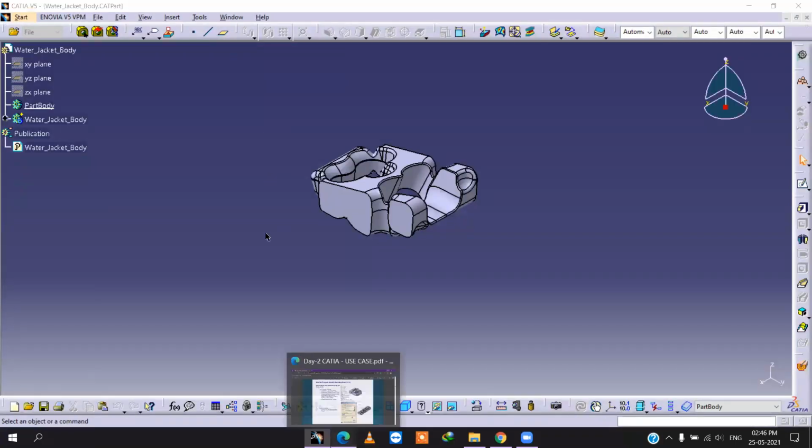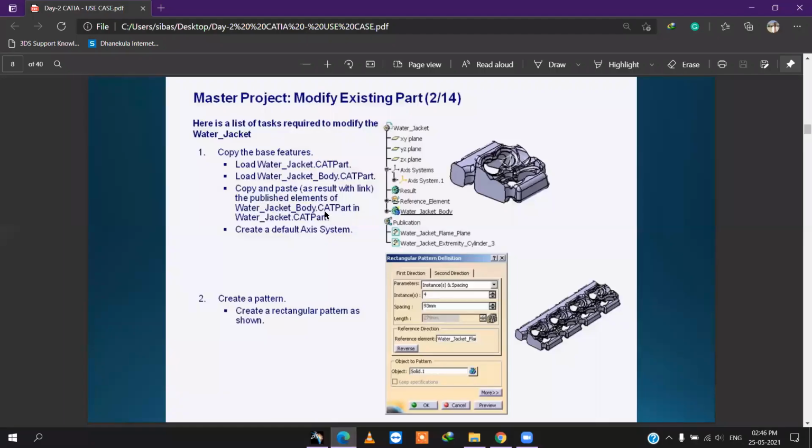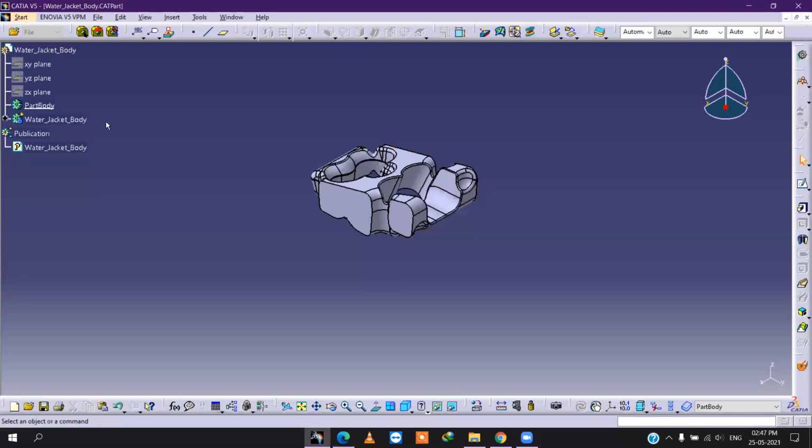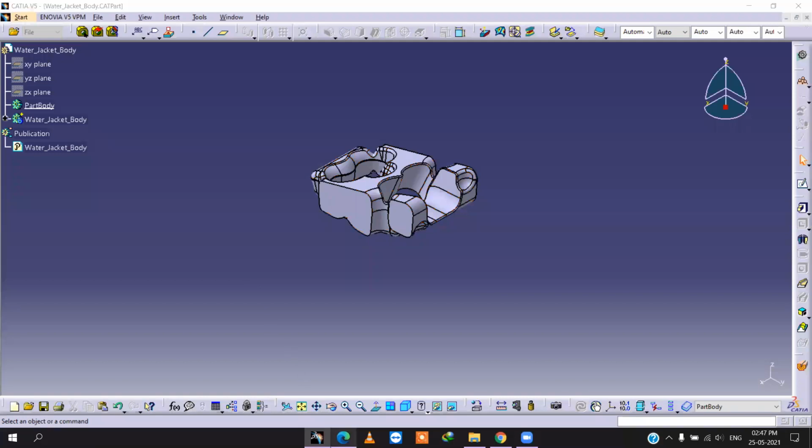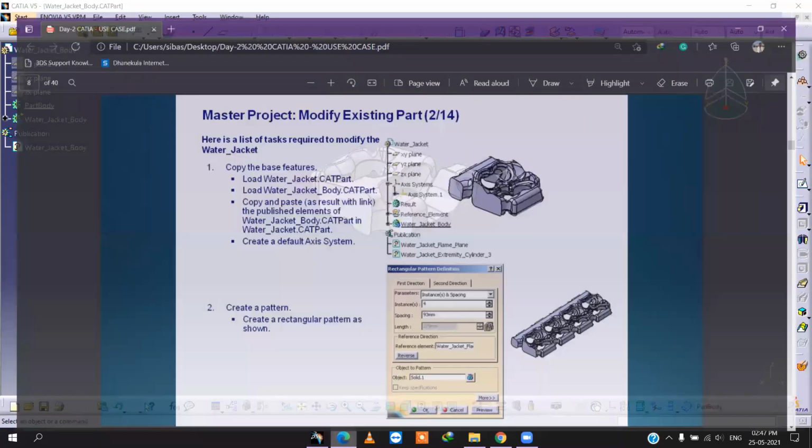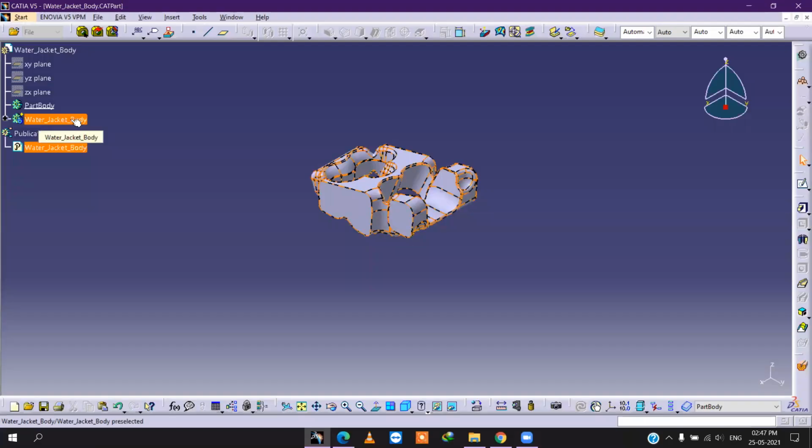After that, it is saying copy the base features from water jacket body cat part to water jacket cat part. This is the water jacket body part. From here, I will copy the water jacket body cat part. Okay, this one. Right click, copy.